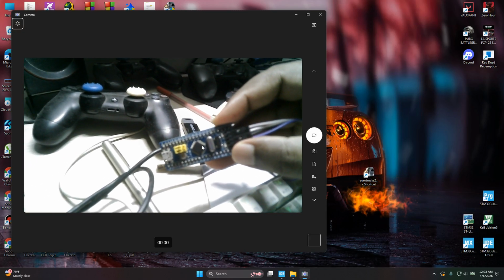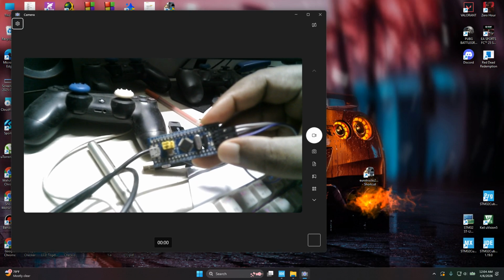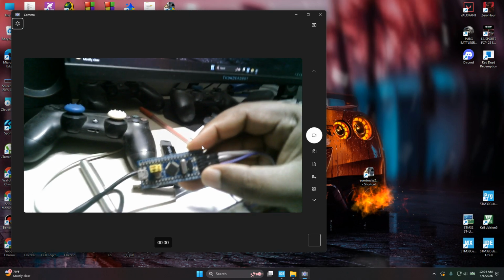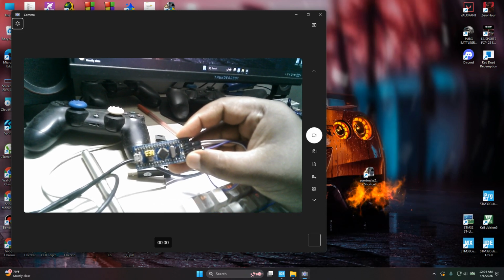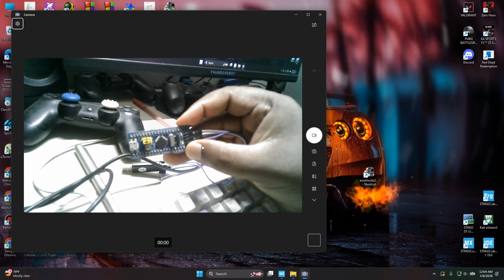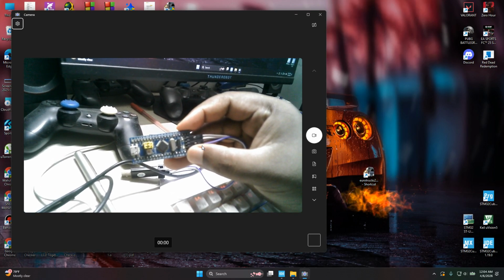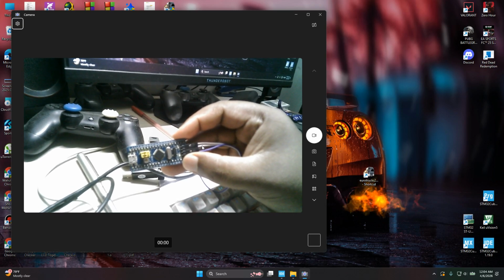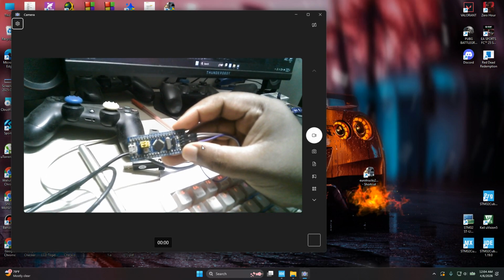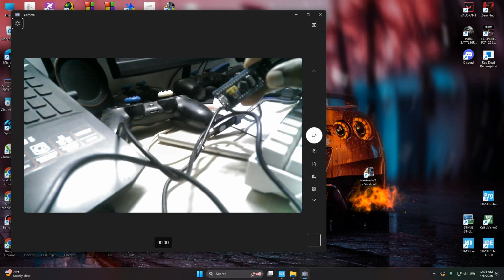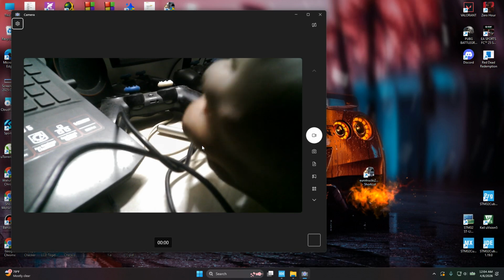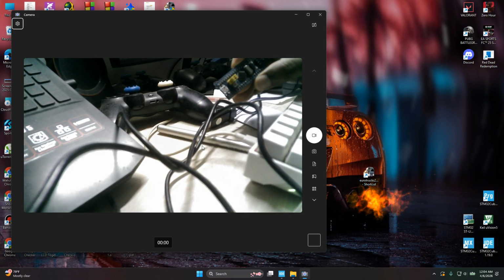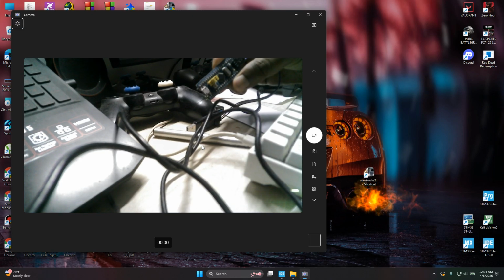STM32. In this STM32 we need to check the jumper wire first. So the jumper wire is on the left. Okay, if we want to push code in this STM32 we need to shift it to the right side. I'm changing it now. So I'm shifting it to the right side. Okay,